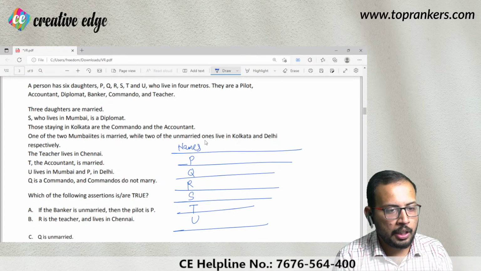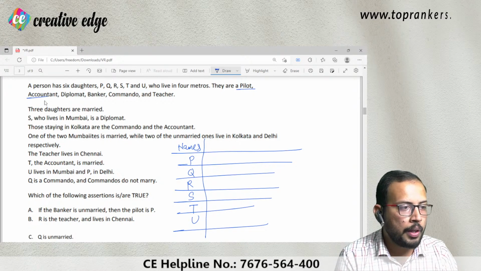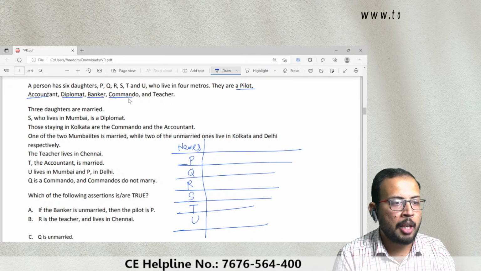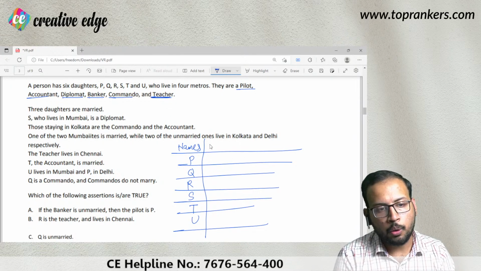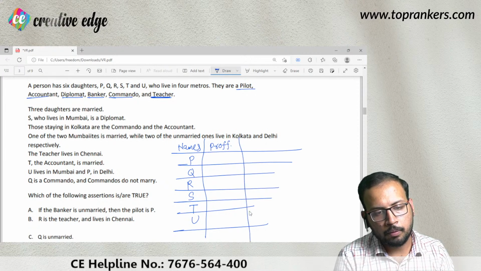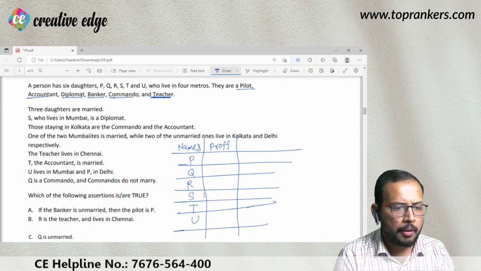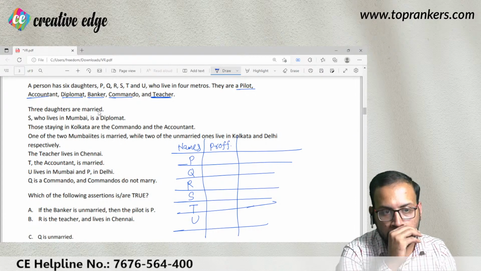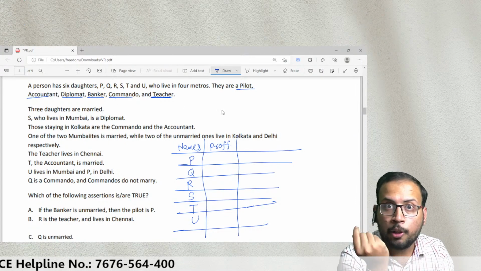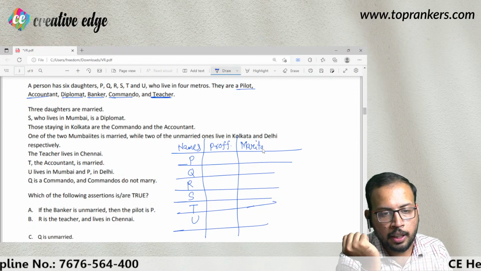Then what has been asked further? They are pilot, accountant, diplomat, banker, commando and teacher. तो उनके प्रोफेशन के बारे में मुझे यहाँ पर दिया गया है। क्या कुछ और भी इंफॉर्मेशन दी है? चलिए देखते हैं। Three daughters are married. So I have been told whether they are married or not. तो उनका मैरिटल स्टेटस भी मुझे दिया गया है, मैरिटल स्टेटस।